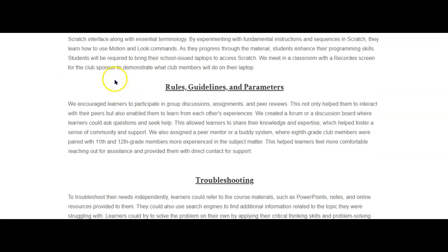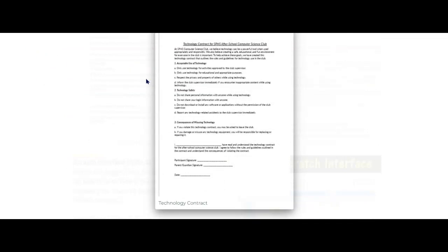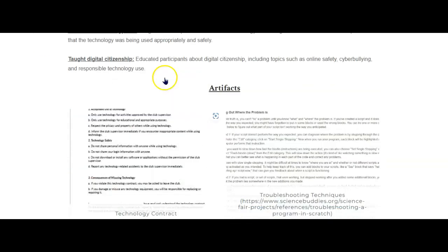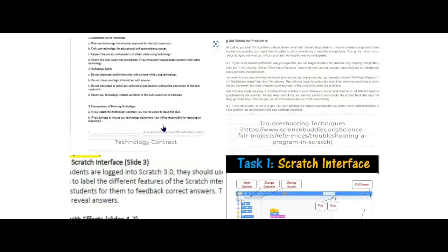And so we needed to make sure that we set guidelines and parameters that they needed to follow. The first thing we did was create, in alignment with the Paulding County technology use policy, a contract that students had to sign along with their parents to make sure that they were using the technology appropriately. This contract and the rules were also provided on our Canvas page for the club,